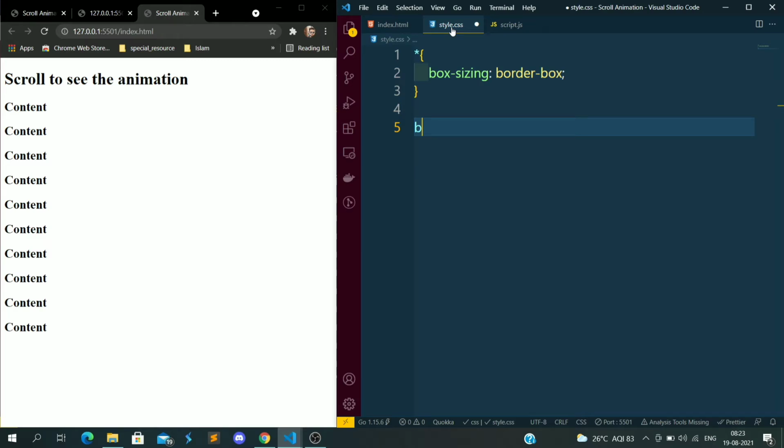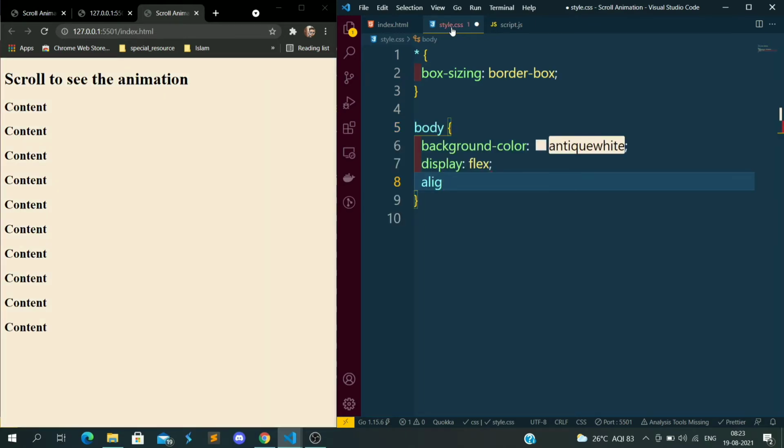Let's give display flex. Then I will give align-items, because I want them in the center.